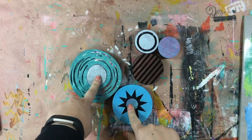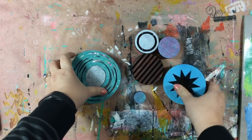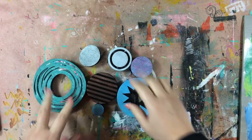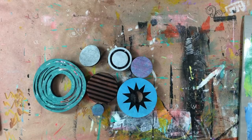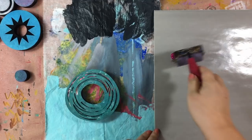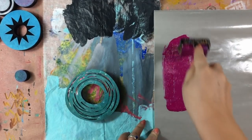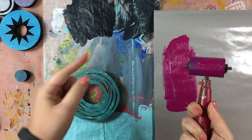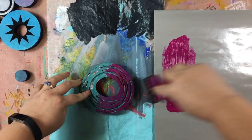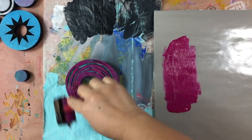So you can see that they fit perfectly in here, which we're going to play around a little bit with in a moment. But in the meantime, let me just take you through the basics of how to use these Art Foamies foam stamps. So the first step is to put some acrylic paint out onto a palette. And then I'm using a rubber brayer, and I'm rolling in a single direction to make sure that the brayer gets painted up. And then I'm applying the paint to the stamp, again rolling in a single direction to really make sure that it's all